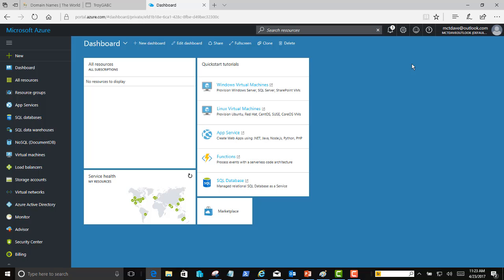But anyways, this is my Azure Pass subscription, and we can see right now I have no resources. So our objective here is to go ahead and make a resource, and the first resource we're going to make is a resource group. So I'm just going to type up here new,